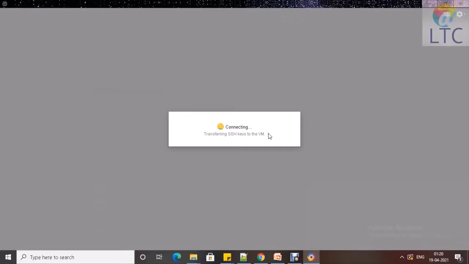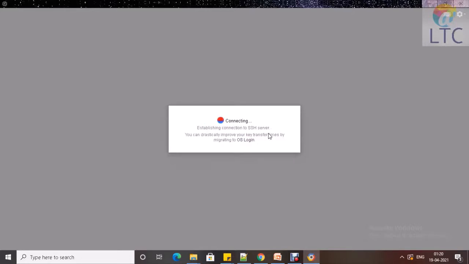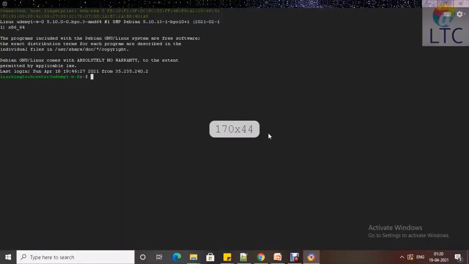If you are familiar with Putty or Super Putty, where we do SSH to a machine and run Unix commands, similarly, we will get a shell in this browser itself, Chrome browser itself. Pause the video and try to reach here. If you are facing any issue, message me. I'll reply to you as soon as possible.